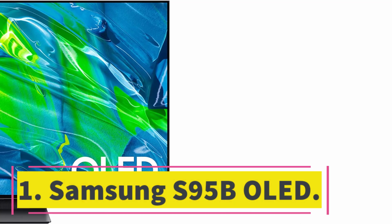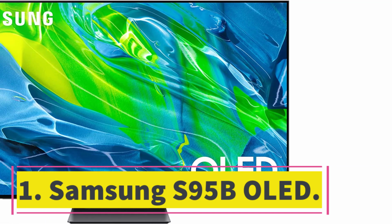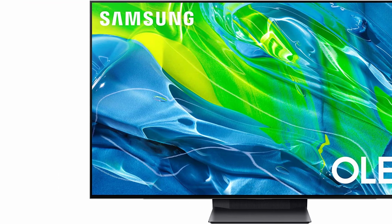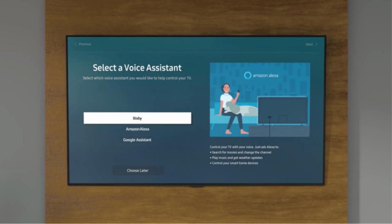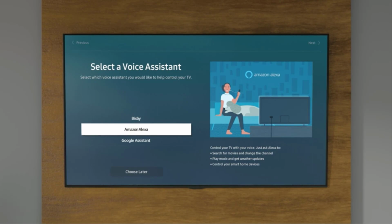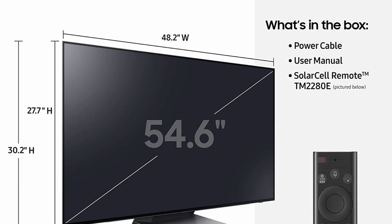Number 1. Samsung S95B OLED. The best smart television we've tested is the Samsung S95B OLED. It's an amazing TV with a great selection of smart features, including support for Bixby, Google Assistant, and Alexa voice assistants. This means you can choose your preferred platform and spend less time searching for content and more time enjoying